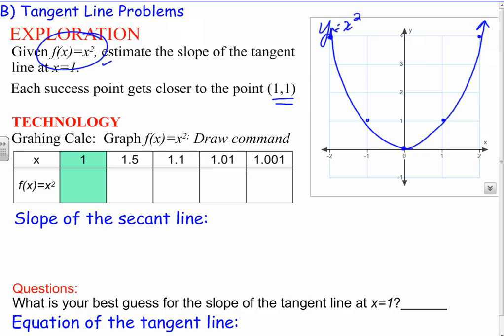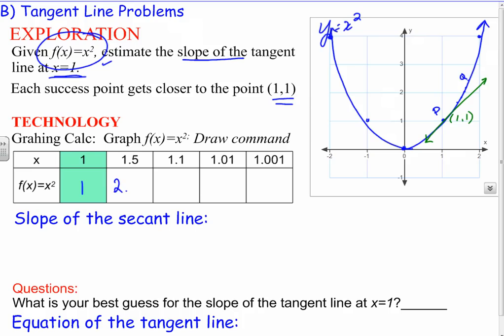Now, what I've asked you to do is please estimate the slope of the tangent line at x equals 1. Okay, let's draw in that tangent line. Here's the point 1, 1. Well, the tangent line would, that looks pretty good, estimate it to just slide by the curve there at that point, 1, 1. When I put in 1, I get out 1. Now, what I'm going to do is fill in this chart, because what I want to do is get close. Let Q, remember Q, some point, travel closer to this point P. If I put in 1.5 and square it, I'm going to get out